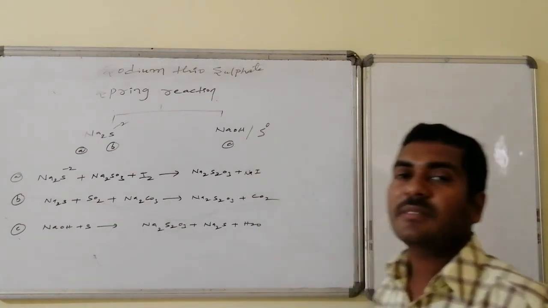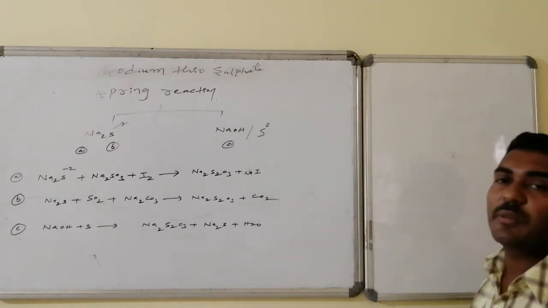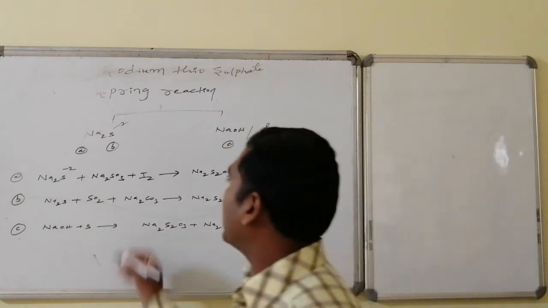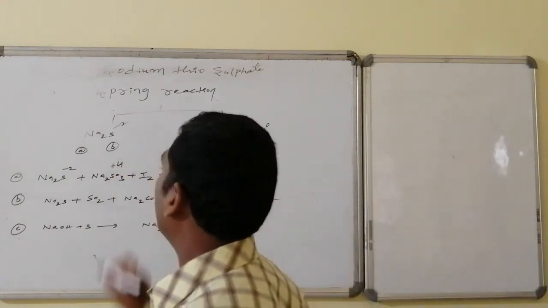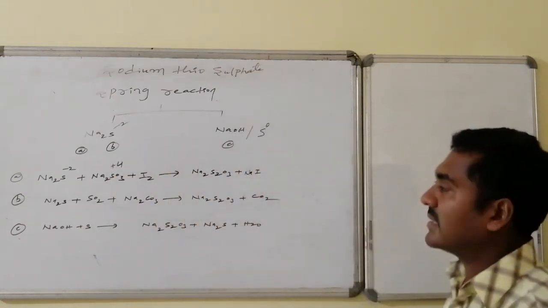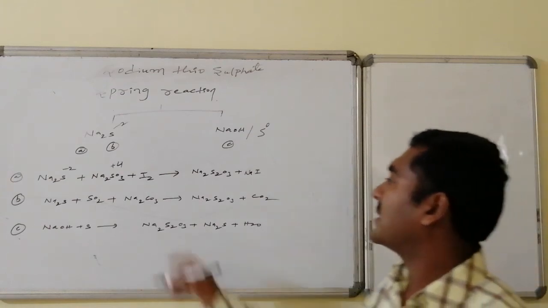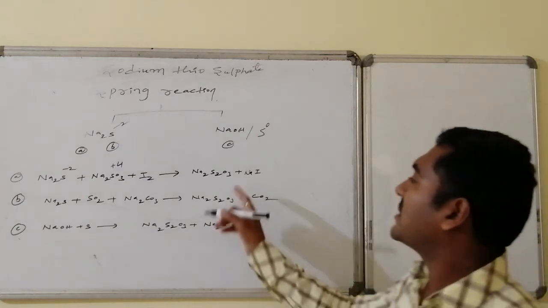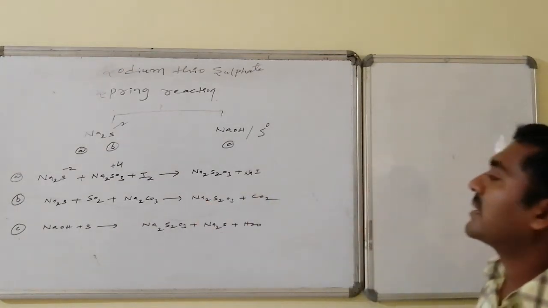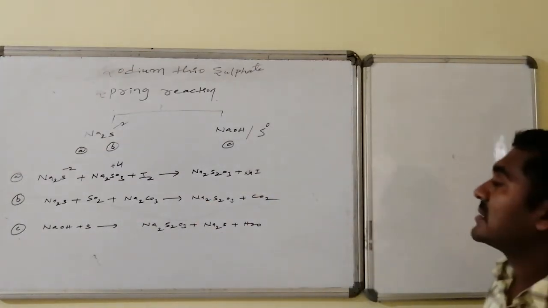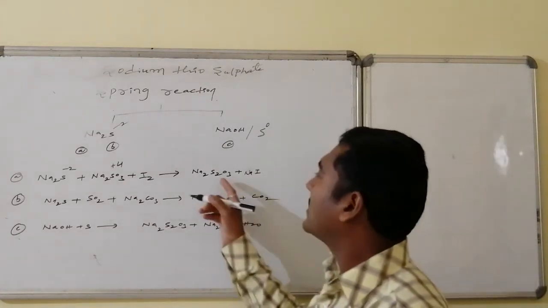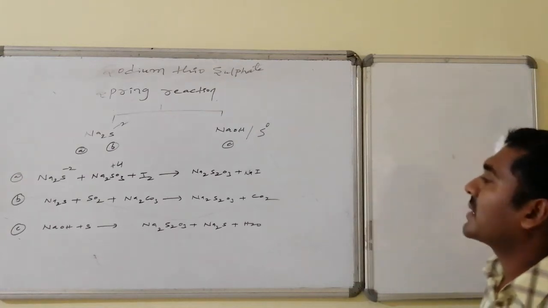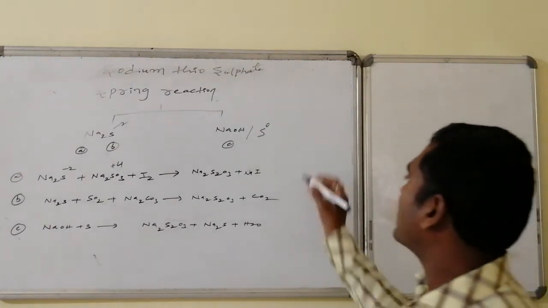Sodium sulfide reacts with sodium sulfite followed by iodine. One is maintaining -2 oxidation state, the other is maintaining +4 oxidation state, but we need +6 oxidation state, hence we need an oxidizing agent, that is iodine, which undergoes reduction and forms sodium iodide. Thus the Na2S2O3 average oxidation number is maintained as +2. Thus here Na2S2O3 formation takes place. Otherwise you can go for that particular structure also.